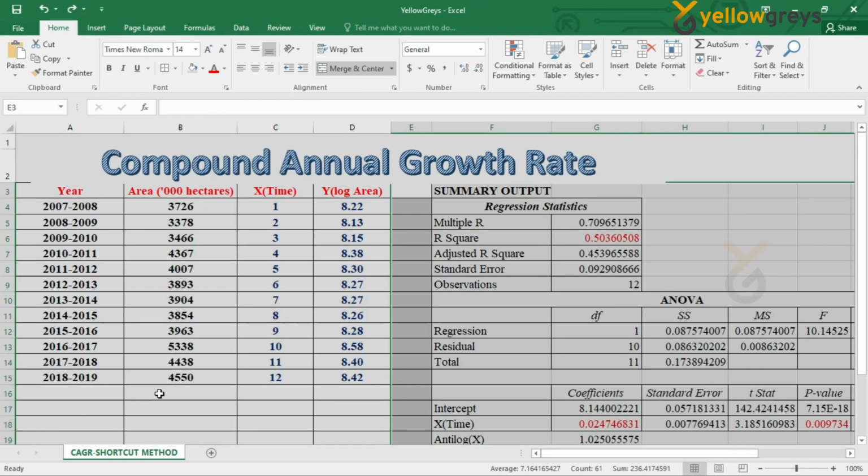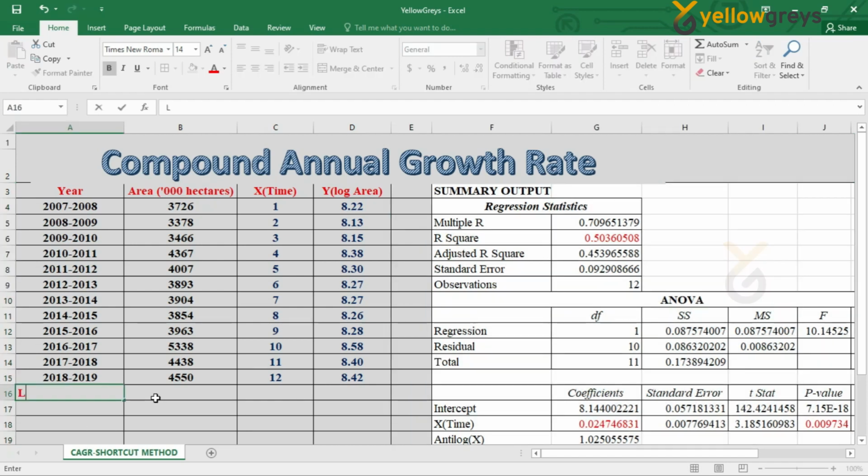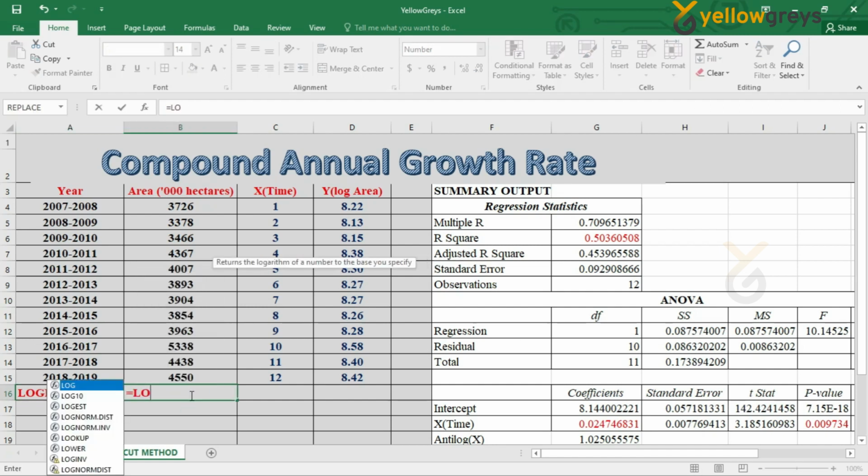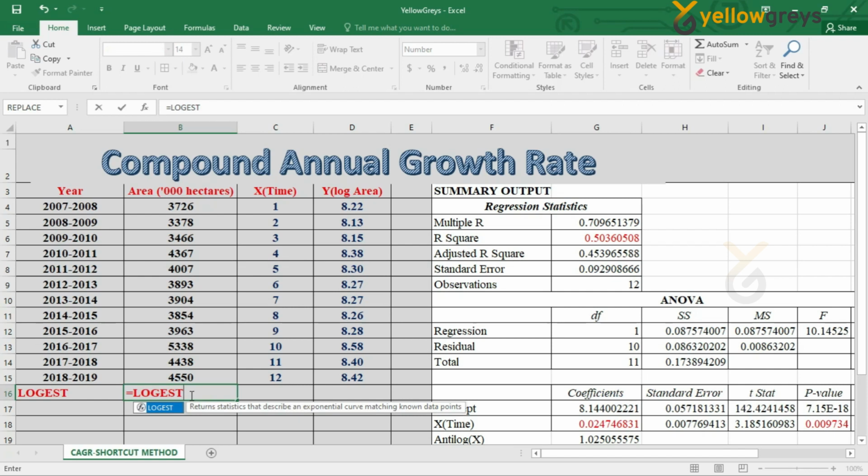Now, I will show you the shortcut method to estimate only the CAGR value. After getting the value, let's cross-check the regression method and the shortcut method. For that, we have to find the logest value of the selected data, that is equal to logest, open the bracket, select the range of the data, close the bracket and press enter.